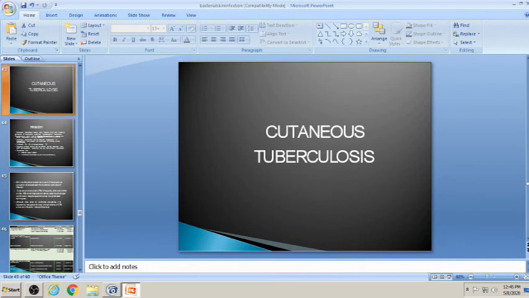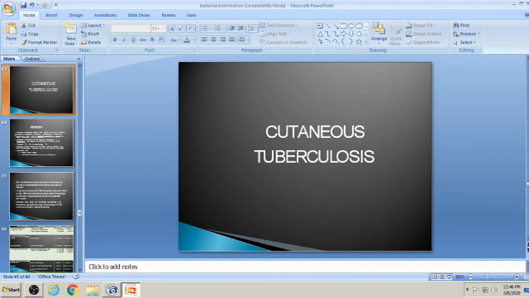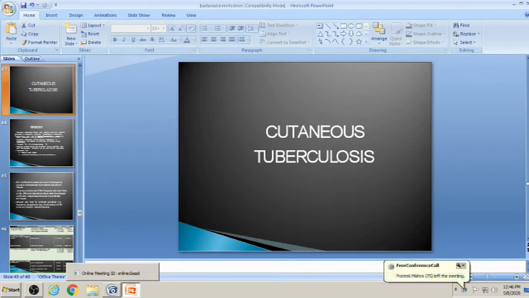The reason is simple: skin acts as a very wonderful barrier due to the cutaneous sebum discharge. Then, as we know, the immunogenic properties of skin and of our immune system. Cutaneous tuberculosis is usually rare in our country, but being a very big country with a very high load of pulmonary tuberculosis, the prevalence of cutaneous tuberculosis is still more in India compared to any other country in the world.